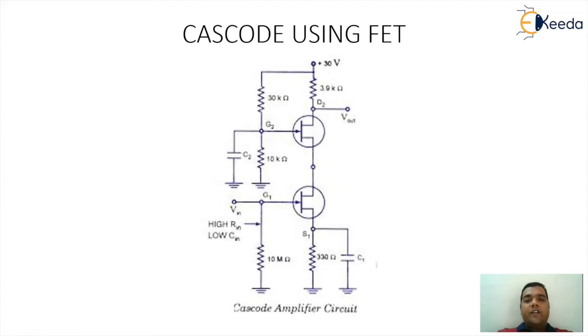Now in this arrangement, we are trying to just see how a cascode can be realized using an FET circuitry. So if you observe, there are two FET circuits, the lower FET and the top FET. The lower FET is having input to the gate terminal and output from the drain terminal. And for the top FET, the input is at the source terminal and the output is from the drain terminal, and the gate terminal of the second MOSFET will be grounded under AC. So it is as good as a combination of common source and common gate configuration. So here you will find the arrangement of cascode using an FET circuitry.